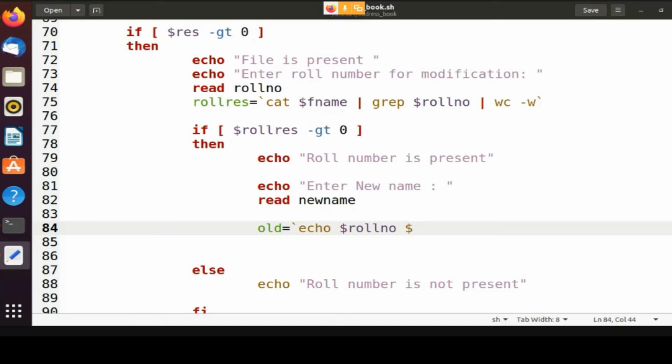Now you have to find out. It means that you have to search for the record, right? So you already have that.